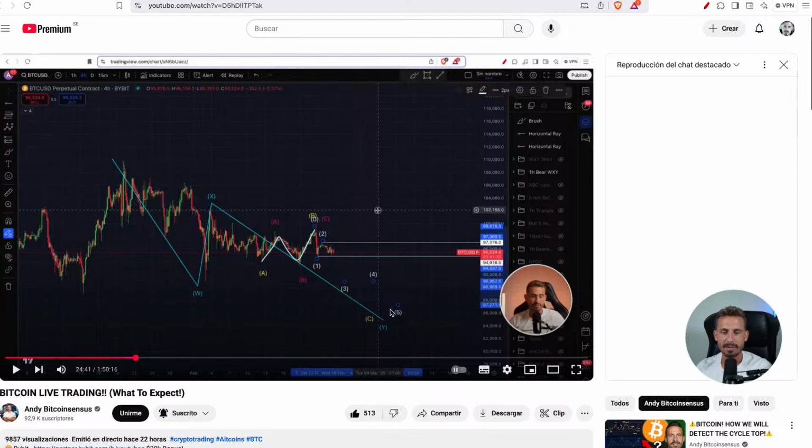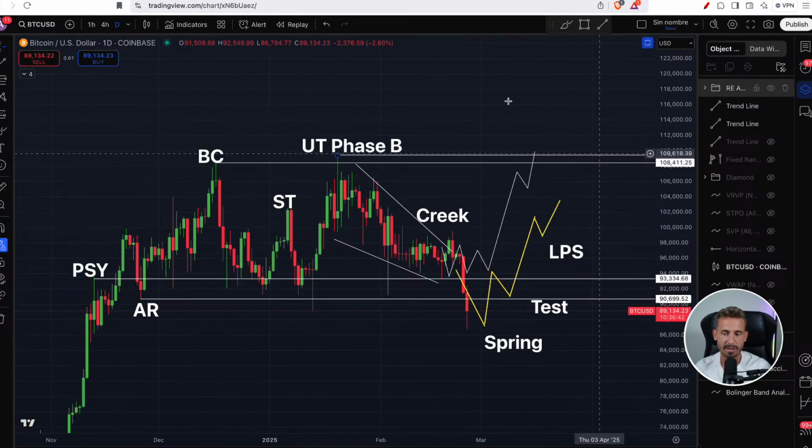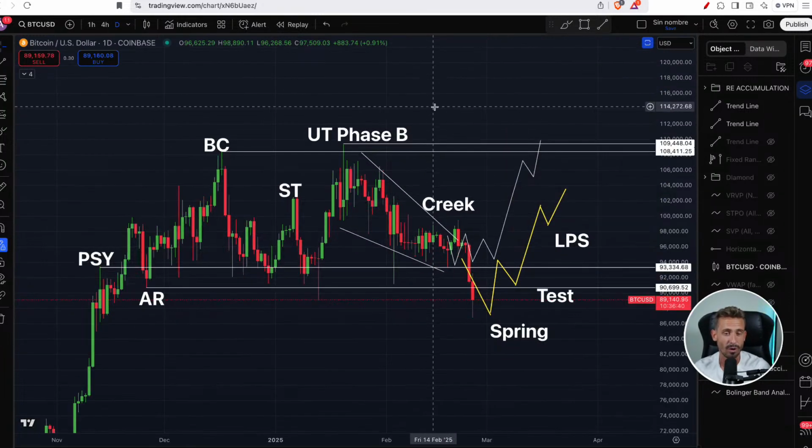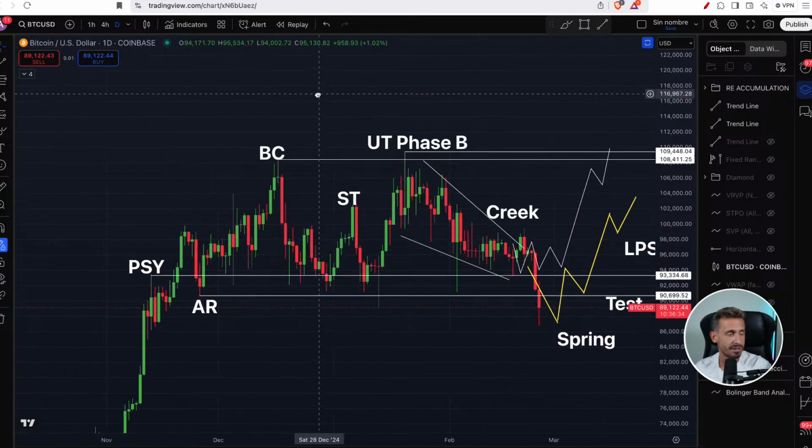So the bearish case is playing out locally, which should be followed by a massive recovery in the coming weeks if we are considering that this is the end of the correction. And just looking at something simple that we've been talking about throughout the last few weeks would be a reaccumulation schematic. And what I do like about this accumulation schematic, by the way, if you need to understand